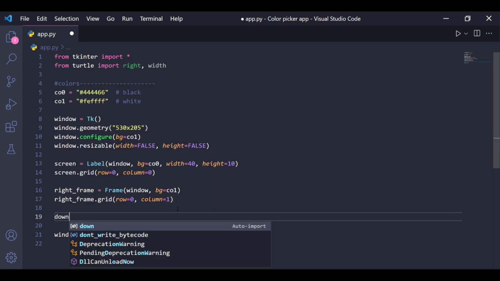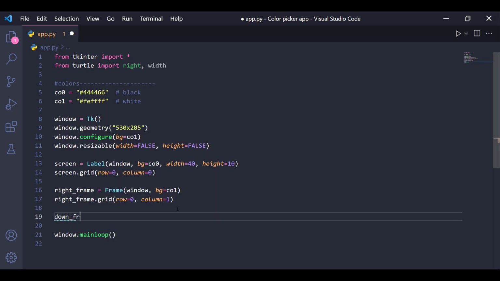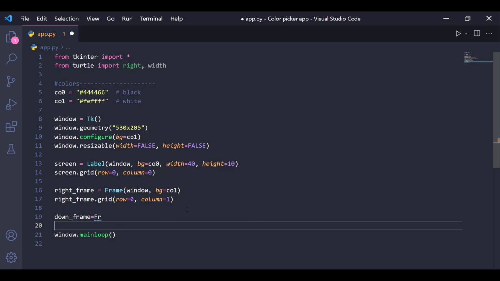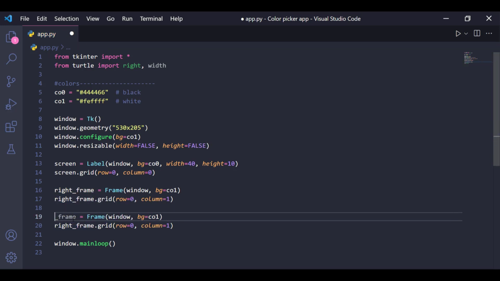Just give down frame. Just copy this one. This makes our life easier. Why am I not following the shortcuts, the tricks, like a developer? Just give down frame here, and even here this will be down frame,